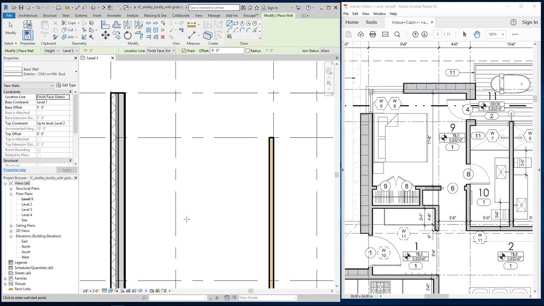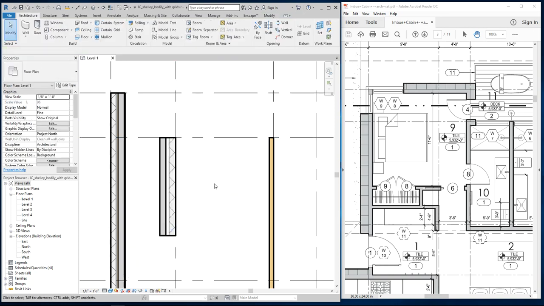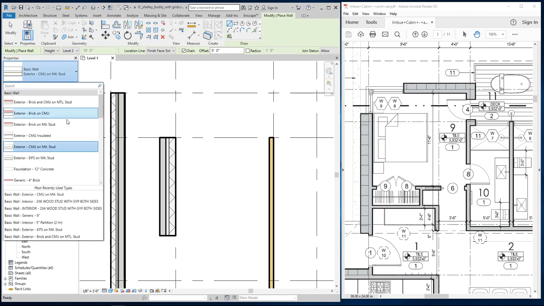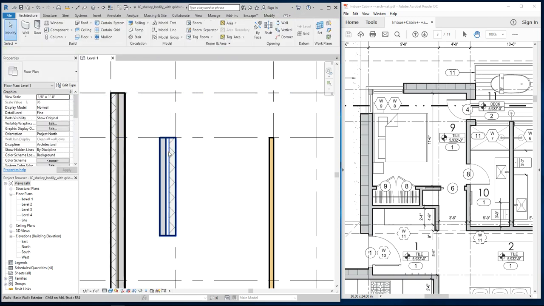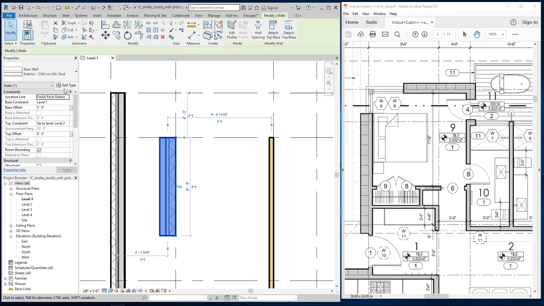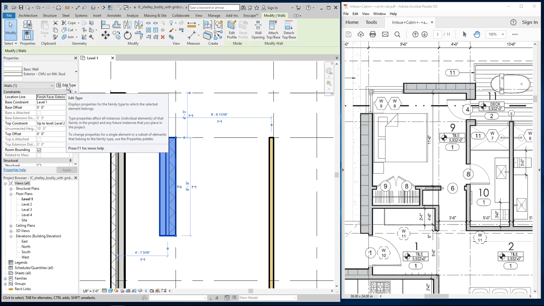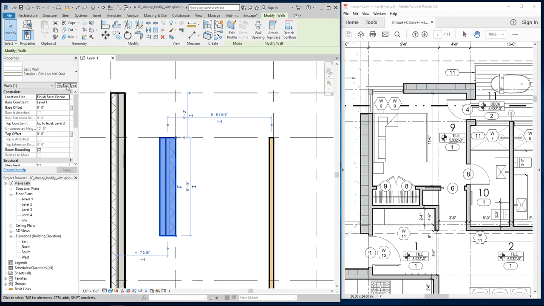And I could draw a little segment just so I have it on my screen, which I think maybe I'll just do for purposes of tonight. But as I had it selected, I could have just clicked on edit type even before I drew anything. Okay. All right. So I click on this, I'm going to hit edit type, and what I need to do next is duplicate this wall type, which means I create a brand new copy of it, leaving the original untouched. Edit type,